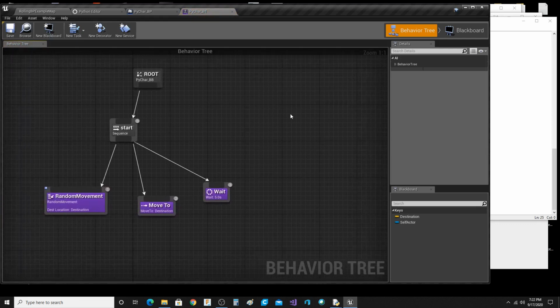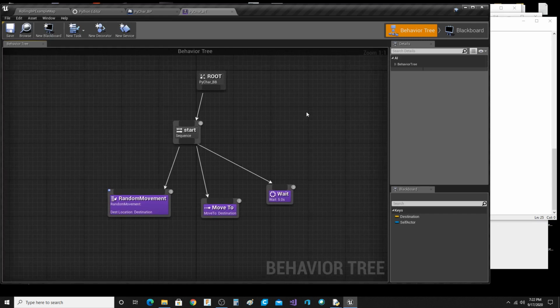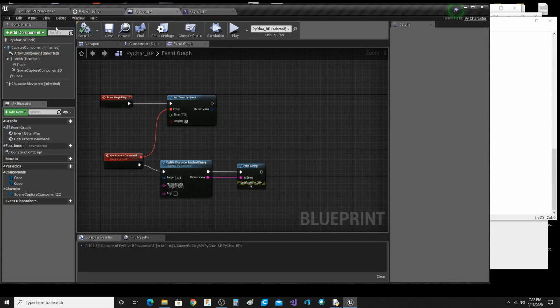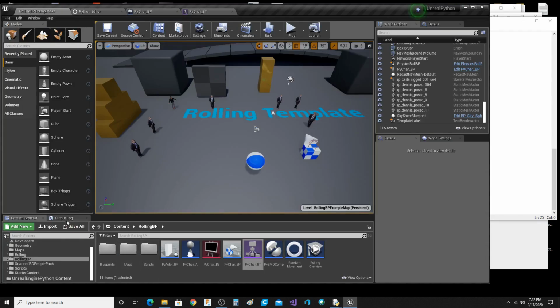It's not hooked up right now, but it can be hooked up. So here's the behavior tree, which is go to the start, do random movement, then move here, move to it, and then wait. So what we can do is later on, now that we know the character coordinates coming in